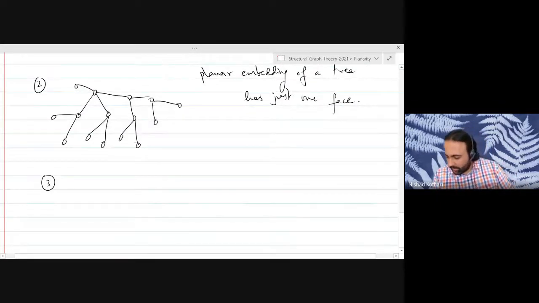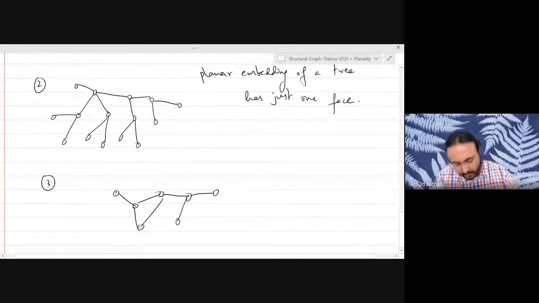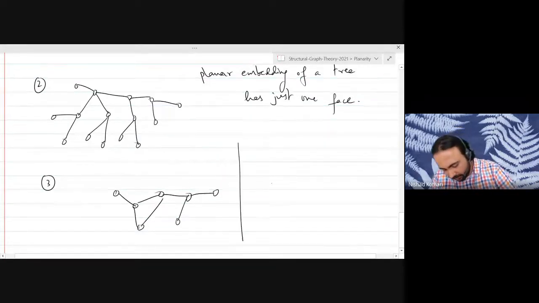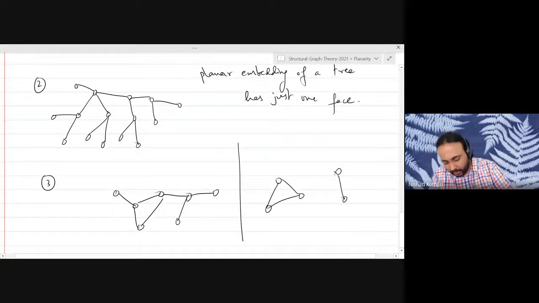All right. And finally, if you look at the face boundary of a connected plane graph, so you have any connected plane graph, then its face boundary will also be a connected graph, right? And that is not the case if you have a graph that is not connected, right? In this case, the face boundary of this face F is disconnected. It's the whole graph, and that's not a connected graph.